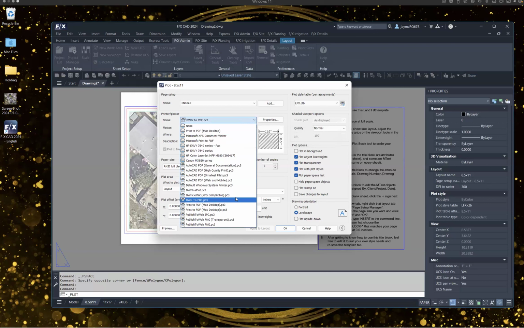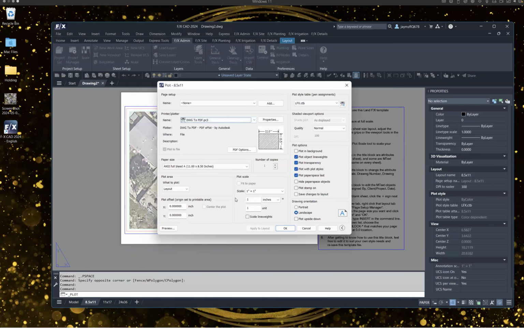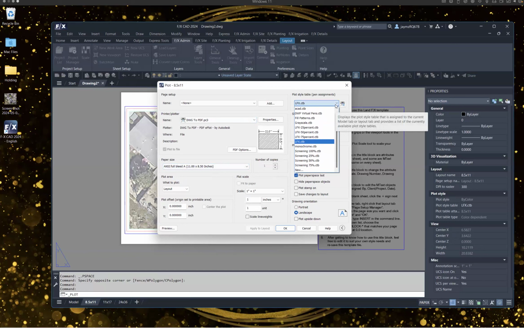But for this case, I'm just going to leave it at print to PDF. You'll want to confirm that your paper size is indeed matching the paper that you're intending to print. You'll want to check this drop-down menu. By default, I can't recommend enough leaving this at LFX CTB, or maybe experiment with some of these lighter ones